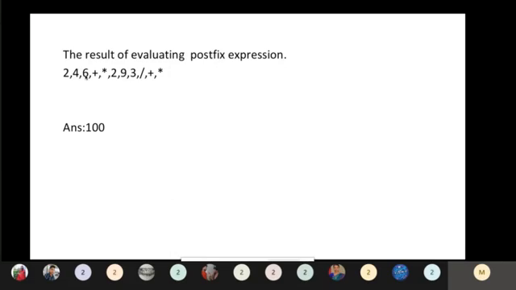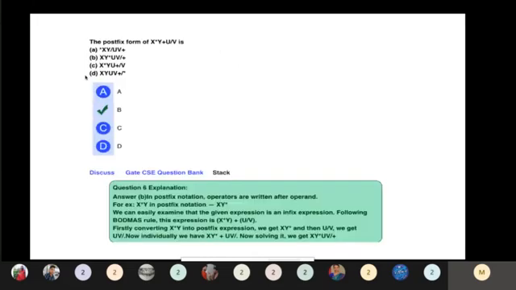Then the plus operator. Now we have the topmost two values, 3 and 2, isn't it? So you just take them outside, then perform the calculation, you'll be getting 5. So now in that stack we have a 20, then the topmost 5. Now we want to perform the multiplication operation. So the answer is 100.